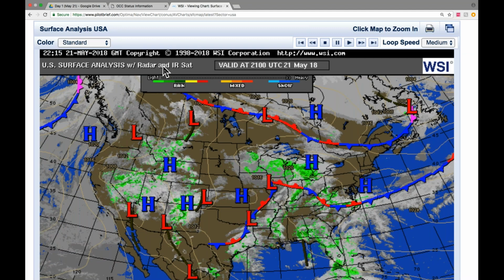We need to be able to look at these charts and just go, oh yeah, we've got a stationary front here, we've got another one right here. Our low pressure here is pushing into this high pressure. We've got a warm front. This is going to be a much more stable storm system. It's going to be a little bit longer lasting of a storm system, whereas